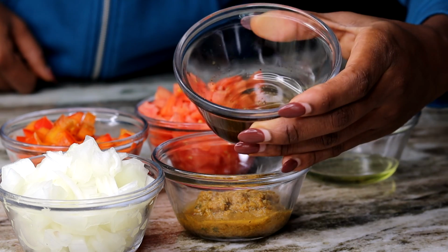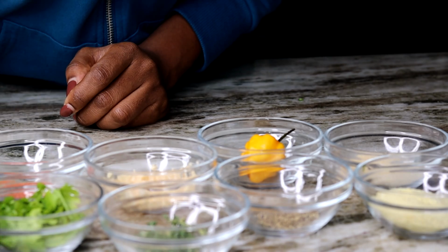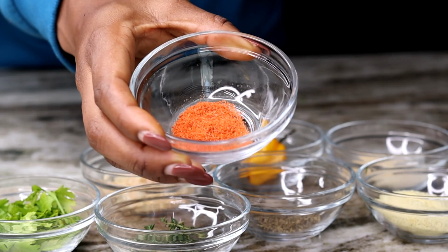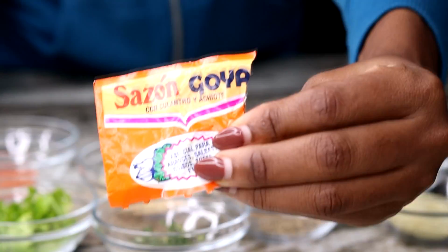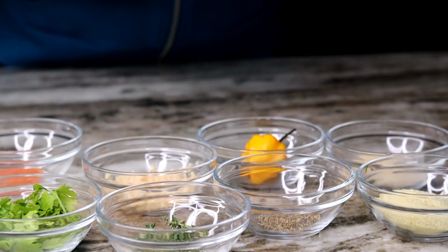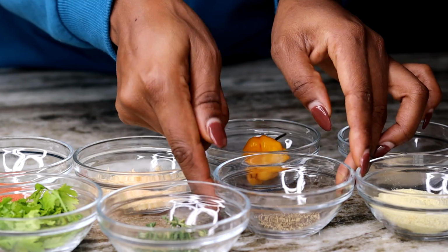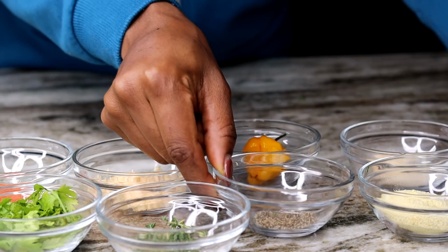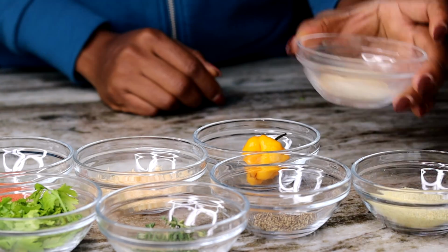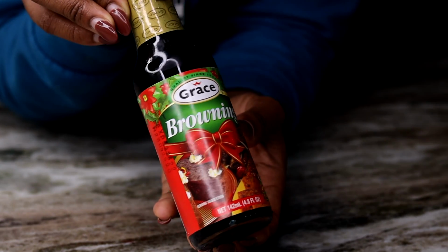1 tablespoon of the W sauce. Over here we have a tablespoon of parsley and also half a tablespoon of the Goya seasoning. There it is. If you guys don't know what it looks like, this is the kind that I use. Okay, that's the kind. And also we have, what else we have? We have 1 tablespoon of chopped garlic, 1 scotch bonnet pepper, half a teaspoon of ground black pepper, and here we have 1.5 tablespoon of adobo seasoning, a teaspoon of garlic powder, a teaspoon of onion, and here I'm using